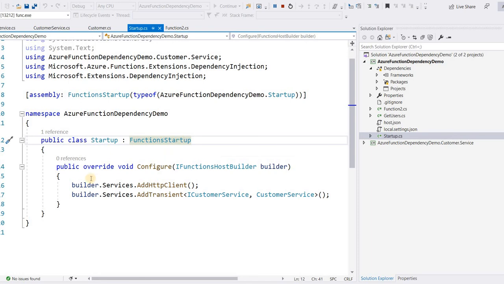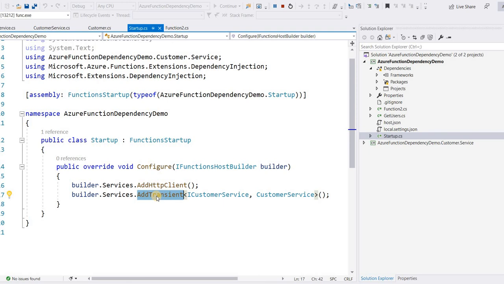Once you implement it, this override method would be called, in which you have to call this HTTP client in order to fire the function URL, and you have to register this. You can use either AddTransient or AddScoped, depending upon the instance or the behavior of your API, or the functions. That totally depends on you.